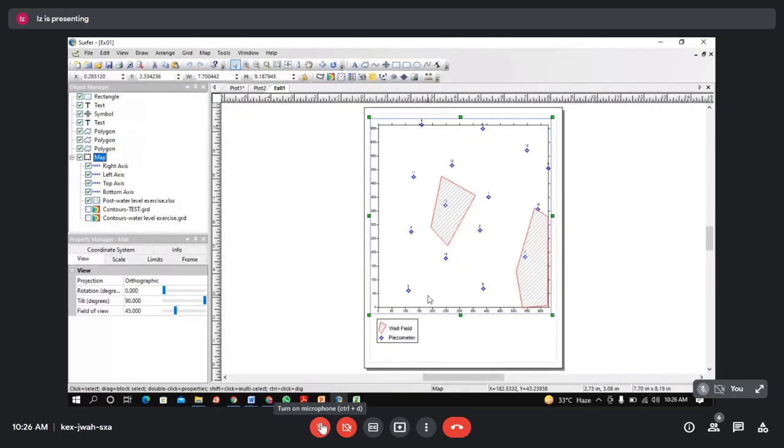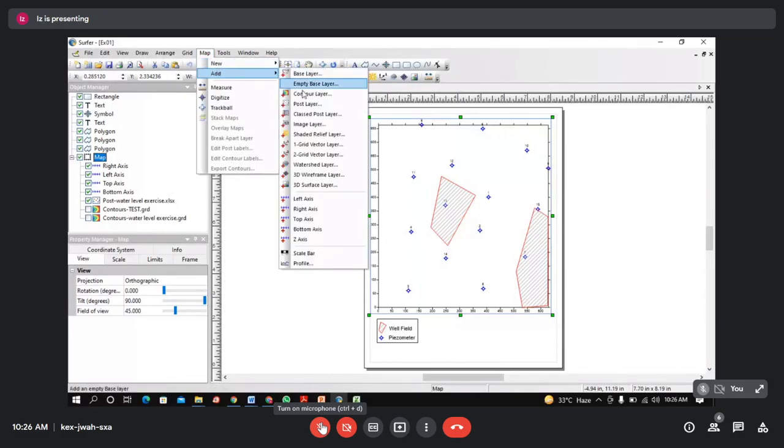Okay, so this is the base map, and how to make a base map you all know. If you don't know, then you should try to get in line on how to make a base map. Okay, so working on the base map, you want to include here